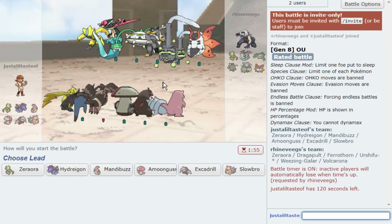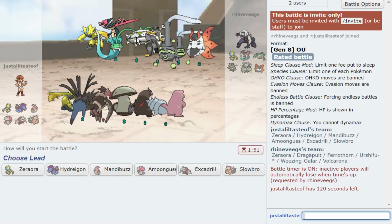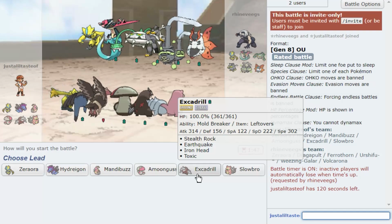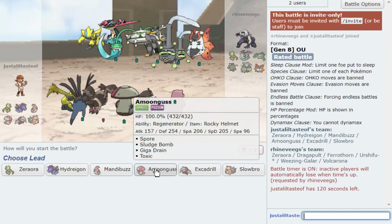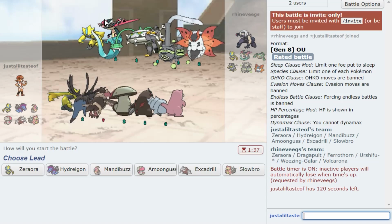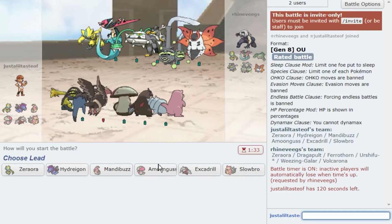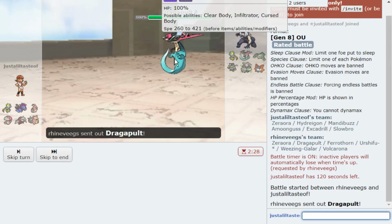Hydreigon gets a kill whenever it comes out because it's Flash Cannon. Amoonguss can Spore everything besides Ferrothorn, which is really nice. Excadrill can potentially eat, I believe, a Close Combat from the Zeraora. And if they end up going for Wicked Blow with their Urshifu, I can just bring out Amoonguss and then pivot into Mandibuzz. But in terms of speed tier, Zeraora is just the greatest one, and it's so good versus their team. So I'm going to go Amoonguss first, just because it matches up well versus basically every mon on